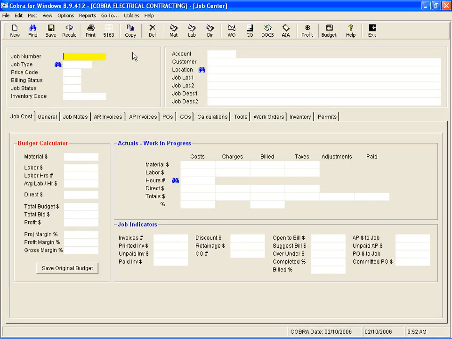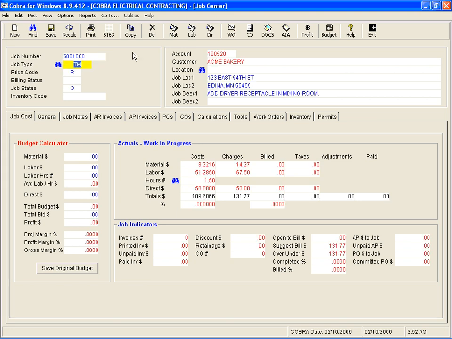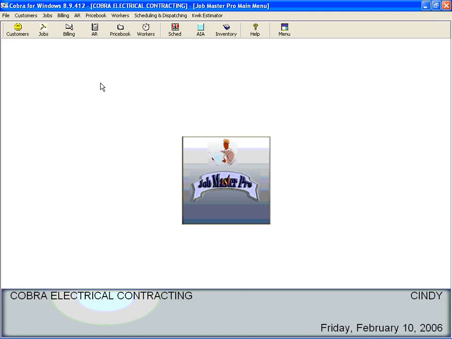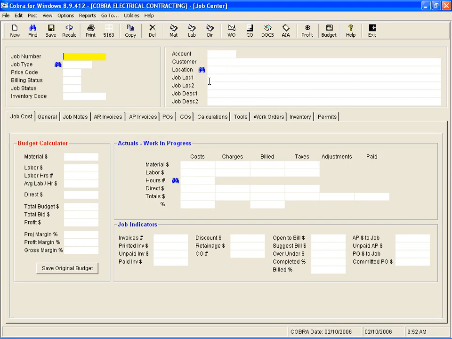From here, you can either type in your job number and press enter to bring it up. Or, if you don't know your job number, I'm going to exit out of Job Center and go back in so that it's clean and show you a couple of other ways to find jobs in here. You've got your Find button where you can navigate around and look for jobs that way, but I like this idea better. And in all of these main center screens, you can click into a field and type something that's appropriate